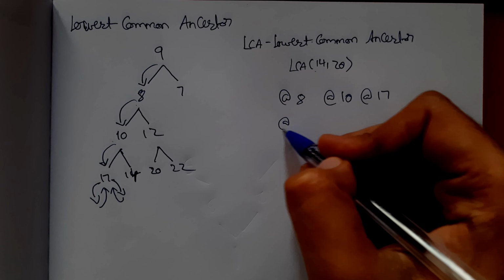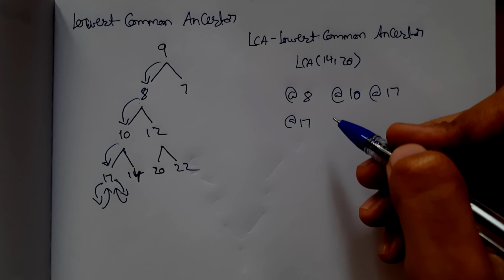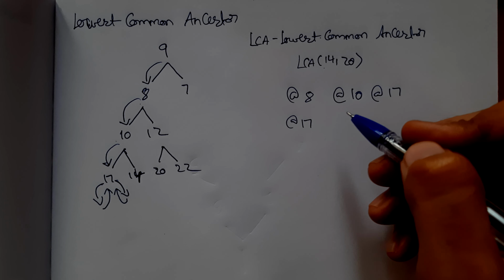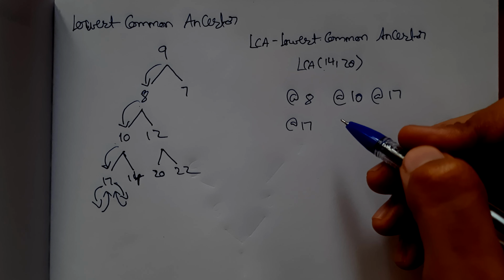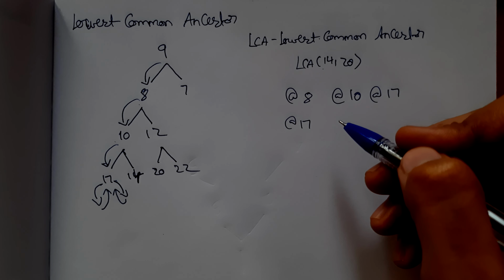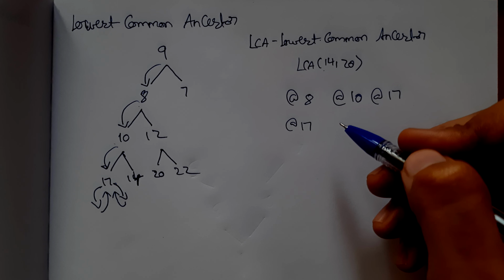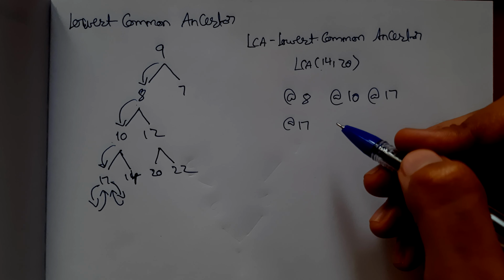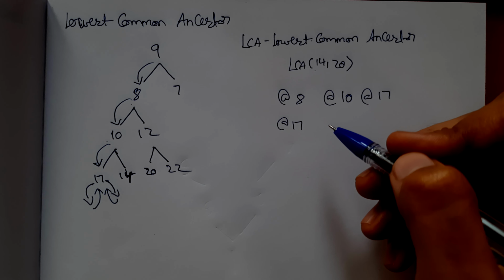So now at node 17, we check if the temp value is not null. It's null, and since it's null, we don't return the temp value. We also check the second if condition, that is left_LCA not equal to null and right_LCA not equal to null. Since this condition is not satisfied, we again don't return the node value. So we return the value from the last condition,